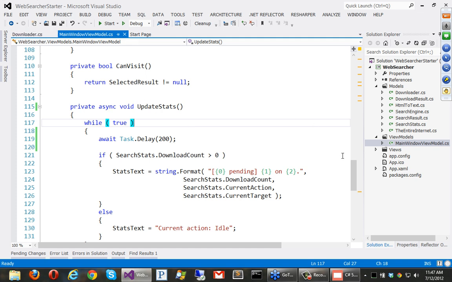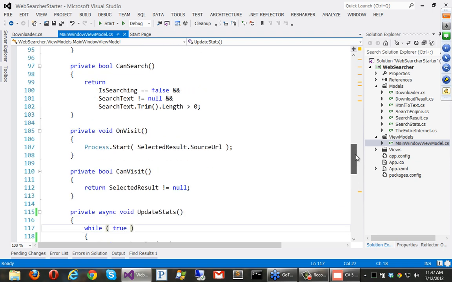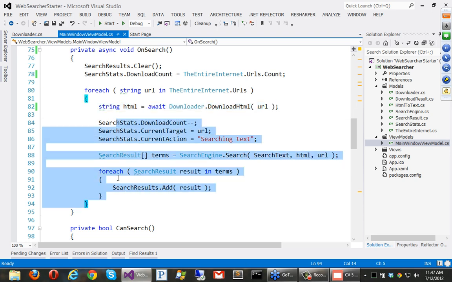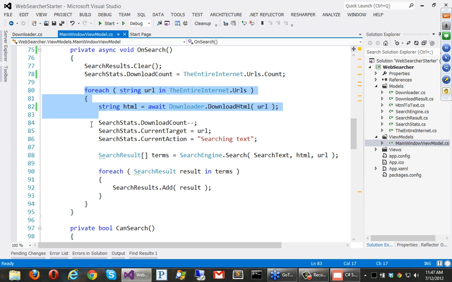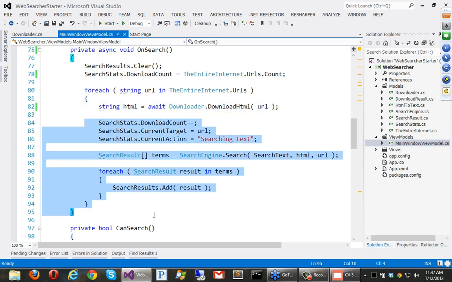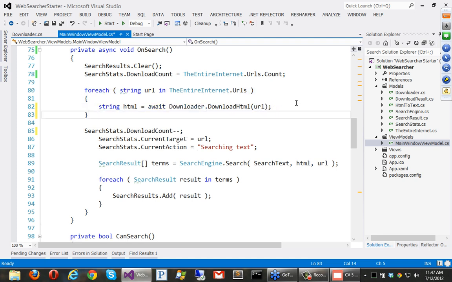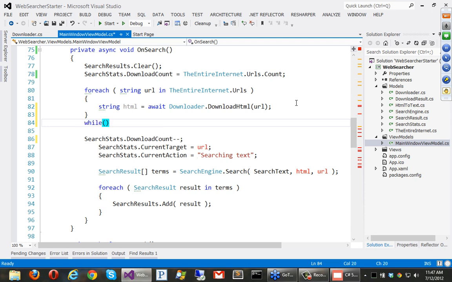So it turns out that that's not hard at all. We just have to rewrite one of our methods here. So the thing is, this method is asynchronous, but what it does is it runs down and it waits for one thing to finish, and then it processes it, and then it starts another one and waits for it to finish, and then processes it, starts another one, waits for it to finish and process it. Okay, what we need to do is start them all, and then when any of them are done, then we want to actually go and process them. All right, so what we have to do is write 2 for loops. Okay, and this turns out to be a while loop at the bottom.